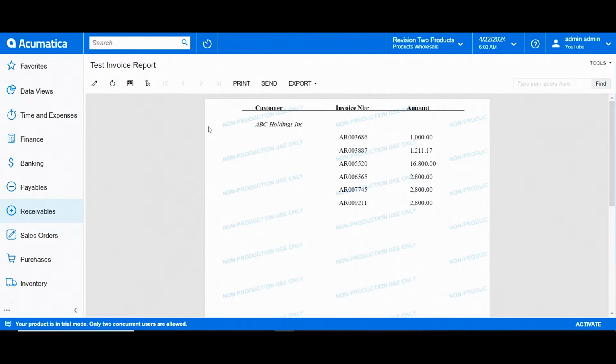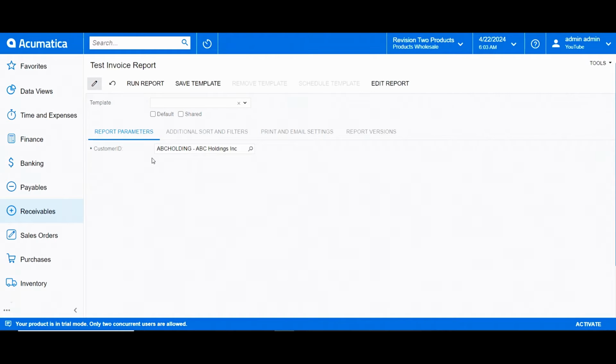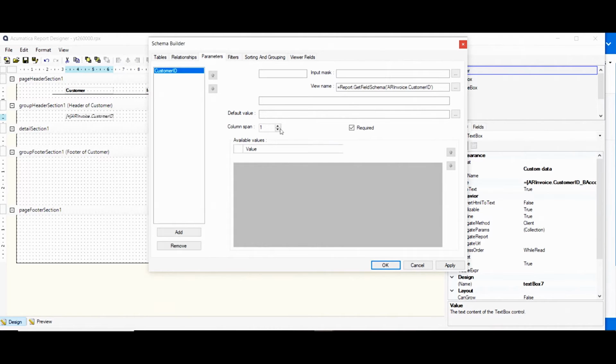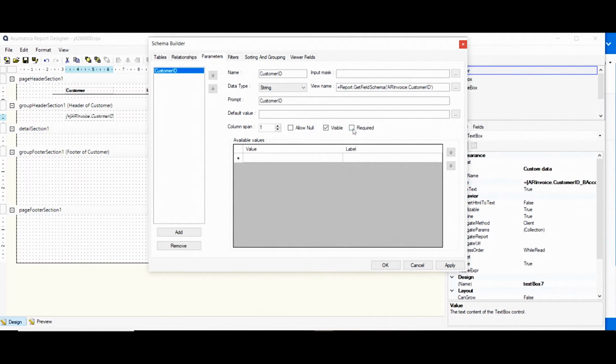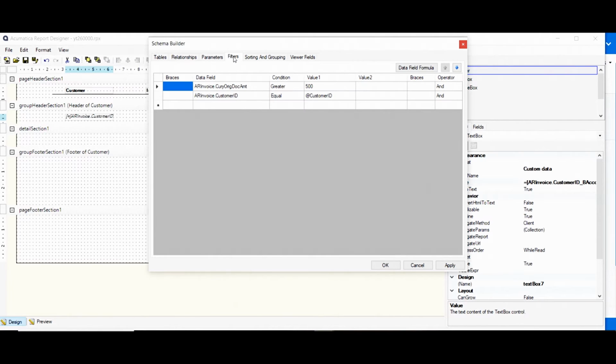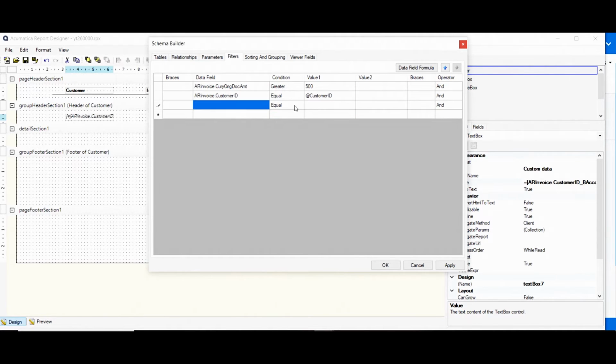And what will be if we want to see all our customers in any case? After adding our parameter, we should uncheck our required checkbox and allow it to be null. And in the filters tab, add a row that our customer ID parameter can be equal to null. So we'll add our parameter. Here it is. And in the condition